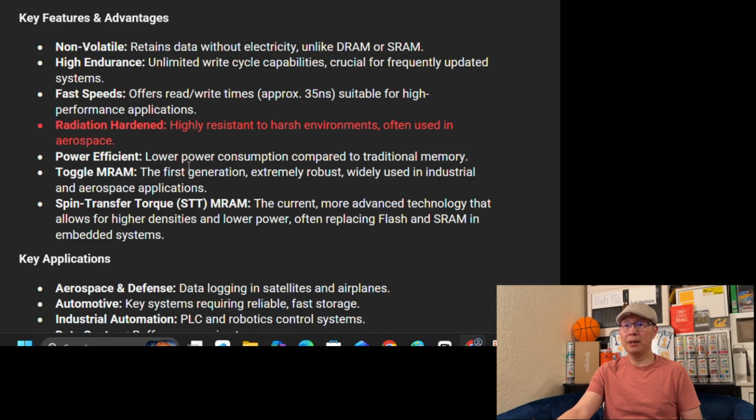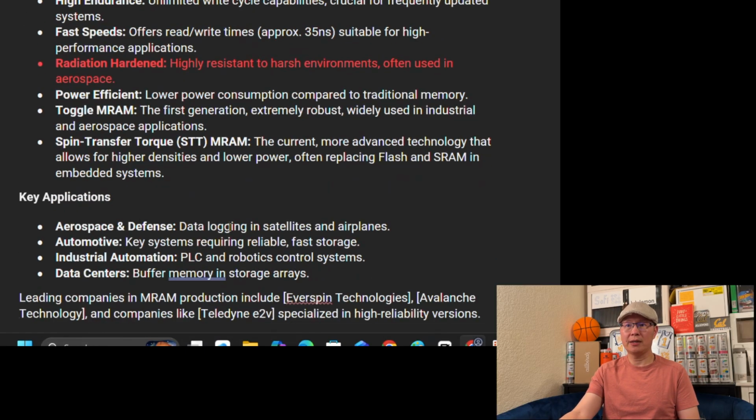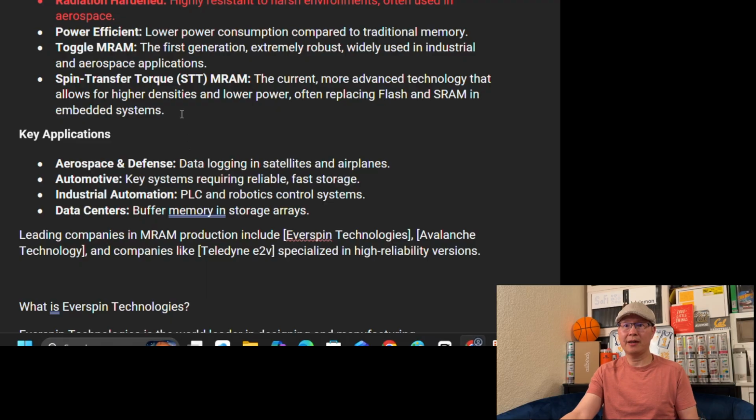Interesting. Spin transfer torque. Oh, STT MRAM. This is a newer second generation MRAM. The current more advanced technology that allows for higher densities and lower power, often replacing flash and SRAM in embedded systems. Key applications: aerospace defense, data logging in satellites and airplanes. See, I was not even reading this. Automotive, key systems requiring reliable, fast storage,